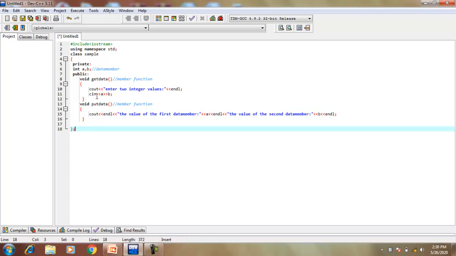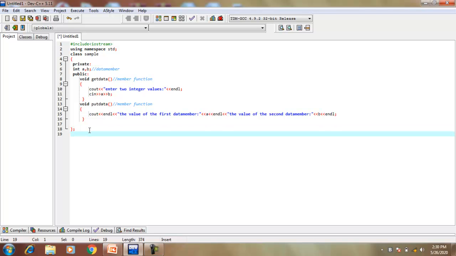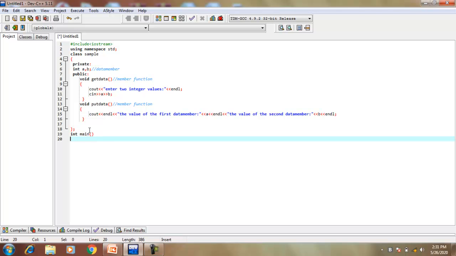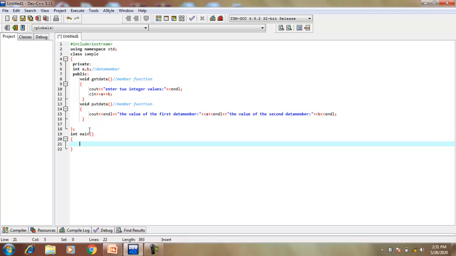So after creating a class, I create the object. An object is created in the main function. So first write int main, parenthesis open, parenthesis close, and then open the brace.